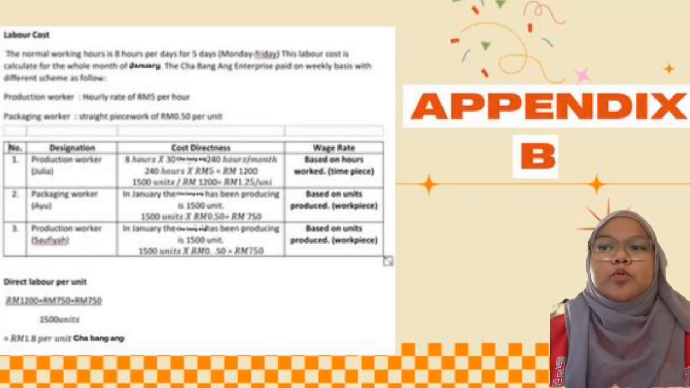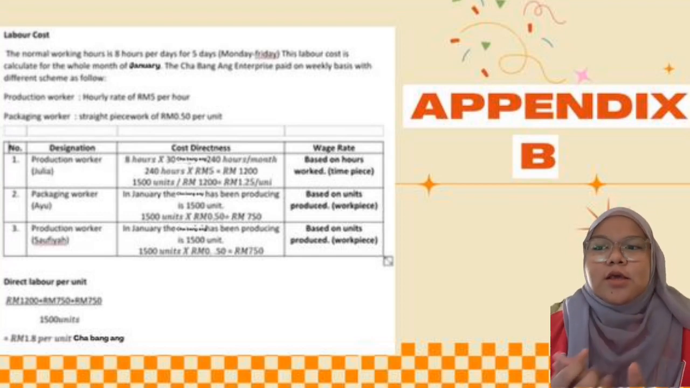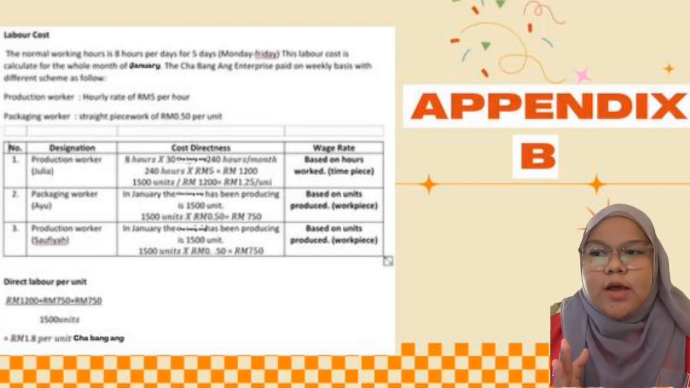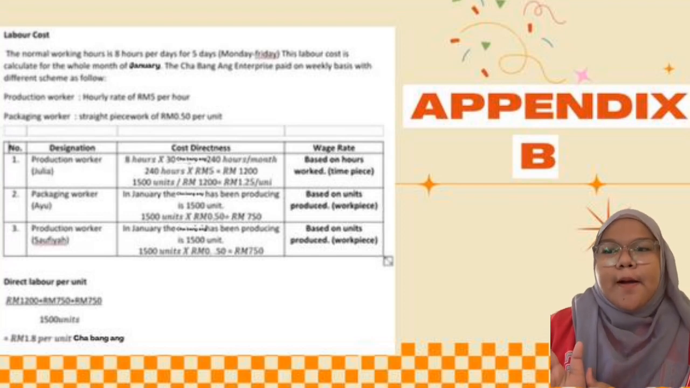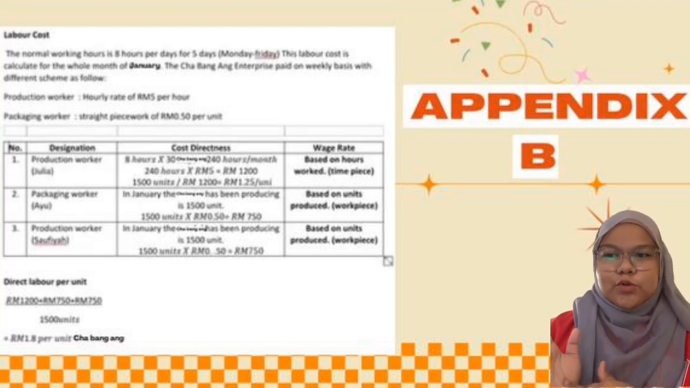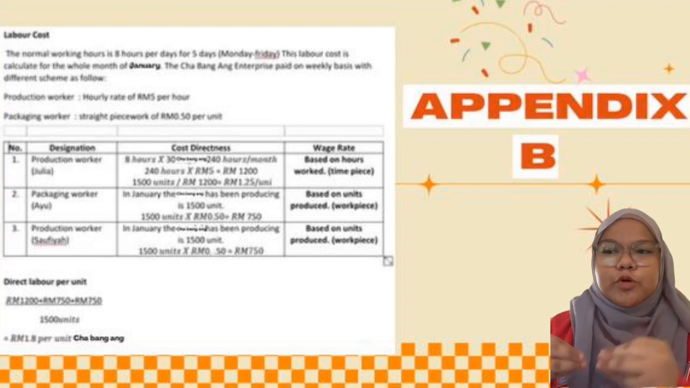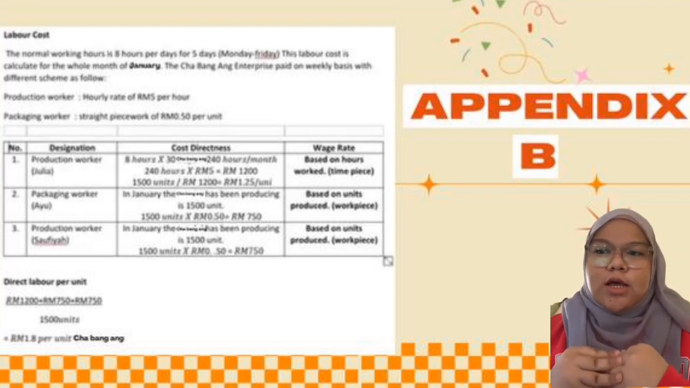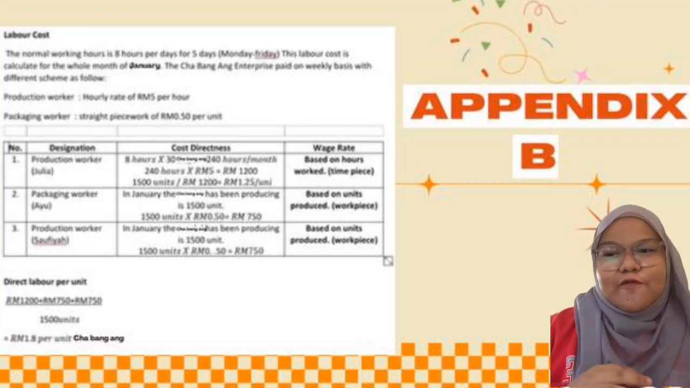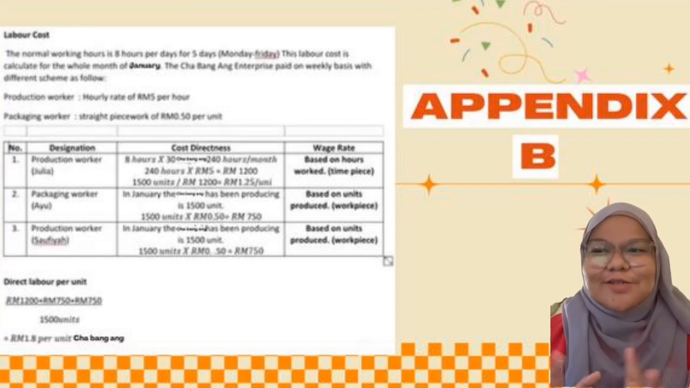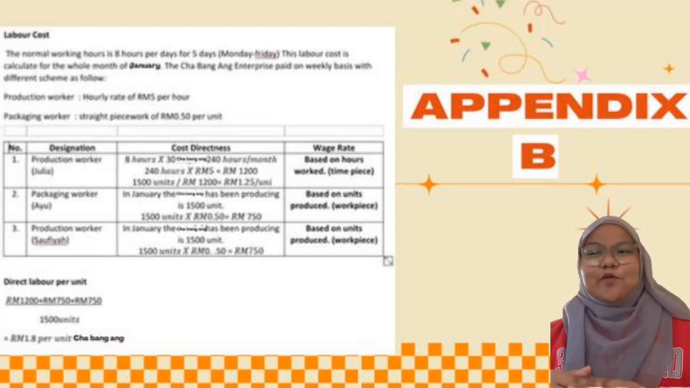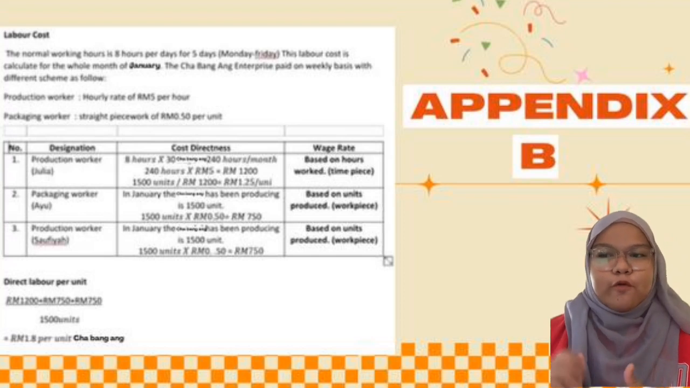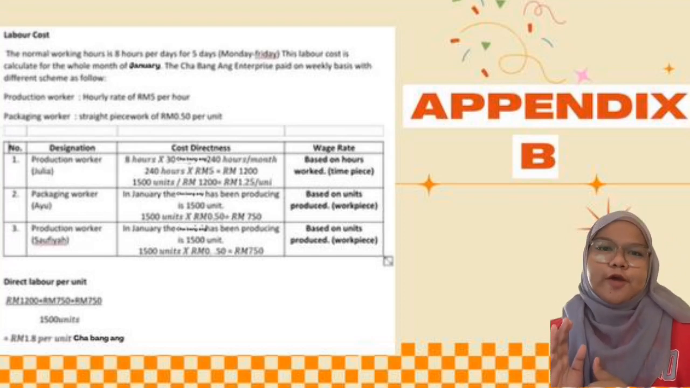Okay, next we go to production worker. It is Sophia. In January, Sophia used piece rate also like Ayu, based on units produced. Sophia in January, the units produced are 1,005 units. 1,005 units times 0.5, and the basic wages for Sophia is RM